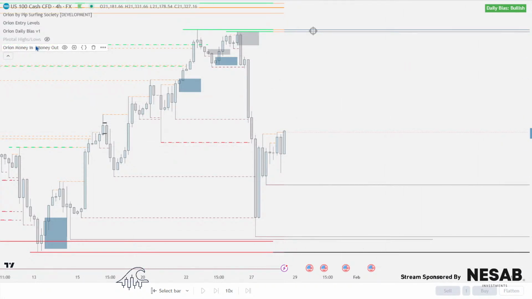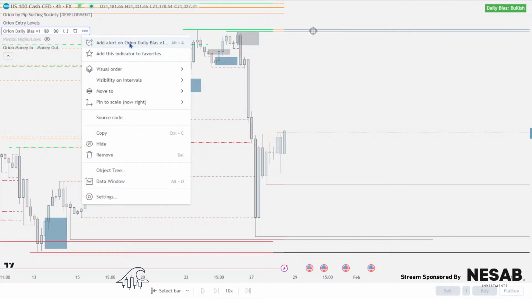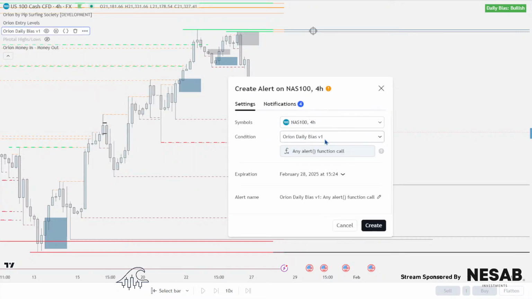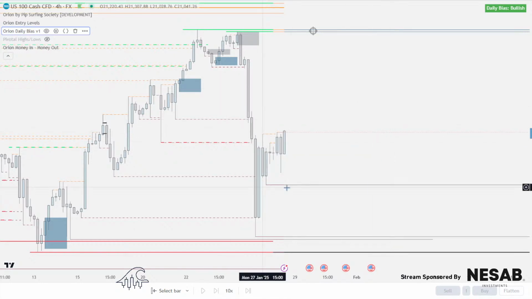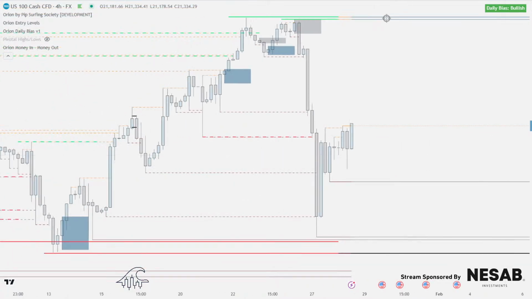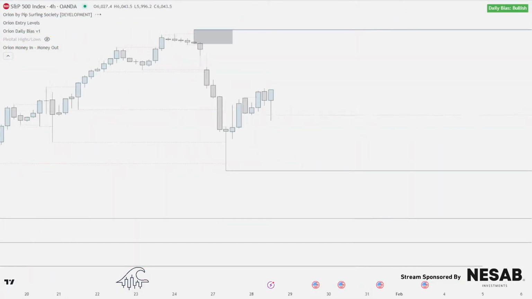So we're looking for this daily bias, right? We've got the alert here, you see it? Orion daily bias V1. And it should tell us what's going on. So if it changes bias, it should say Orion bias change bearish or Orion bias change bullish. So, vice versa. But because it's based off a daily time frame, we can't just test it. So going back to here,